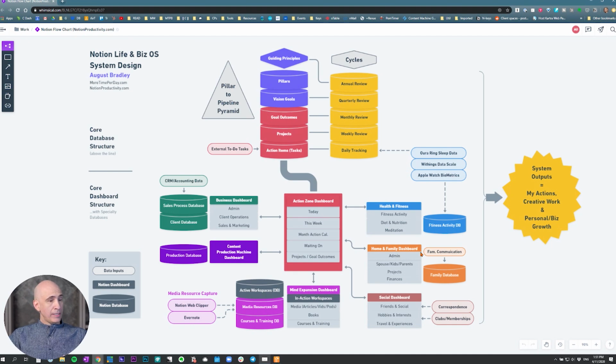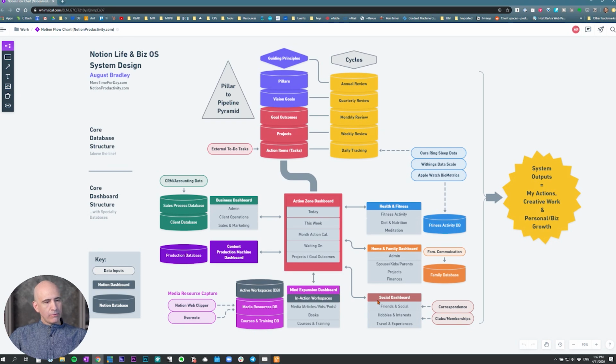This includes family and household admin, includes spouse, kids, parents, whatever you have in your life. You want to document projects you have going on with them. You want to keep track of your activities, your conversations, your ideas, the things you want to build as a family. Those are projects, just like your business projects, those are family projects. So you'll see in my projects database, I'll have business tags in a multi-select. I'll have family tags and life tags and health and fitness tags, just like I have these different categories. And then each of these databases are also linked to project databases as well as task databases. In addition, we have family projects and family finances. It's all under the family dashboard.